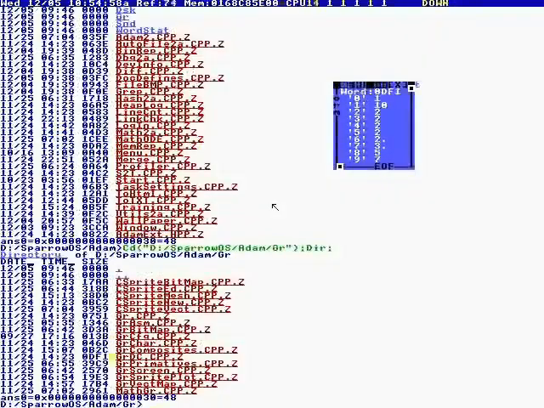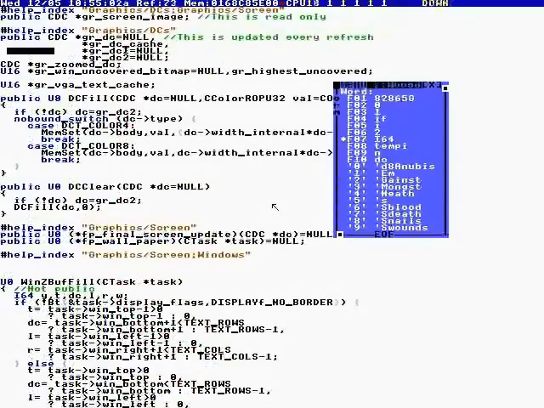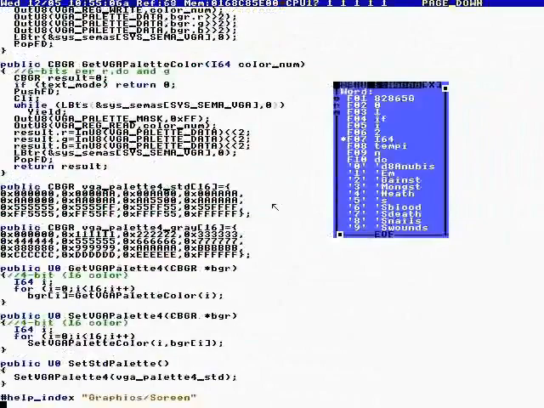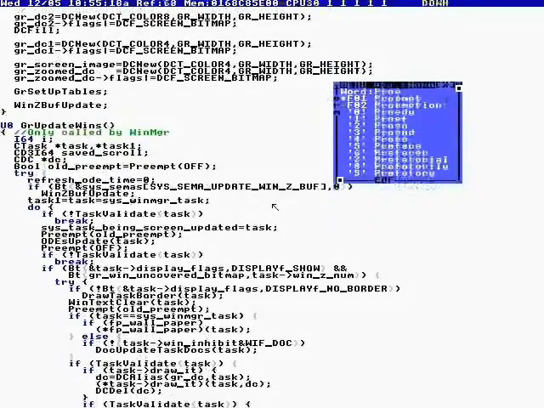Okay, there's a text layer, there's a persistent layer, and there's a graphics layer. And this is all done by hand. Anyway, update Windows. This routine is called 60 times a second, and it goes through all the tasks on Core 0, and calls